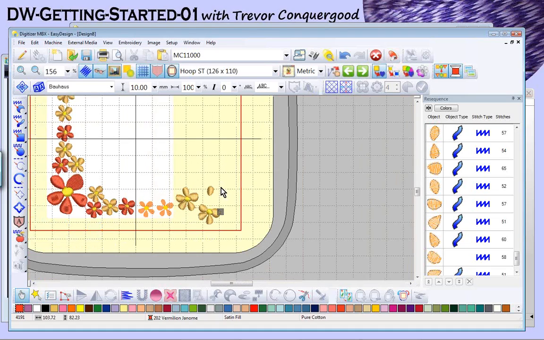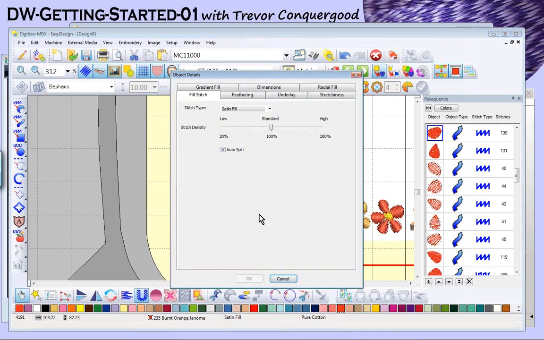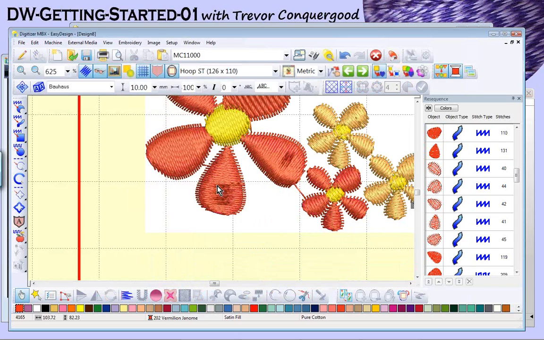Okay, now, we automatically digitized this design, and I was demonstrating here, just as an example, looking at this flower, we can see this flower has got a satin stitch petal. This petal is satin stitch with an auto split. So what that means is if you look at the object details, see, auto split is turned on. If I turn that off, it gets rid of those. What they are is needle points. And the reason for them is the software has a setting that says if the stitch gets longer than about